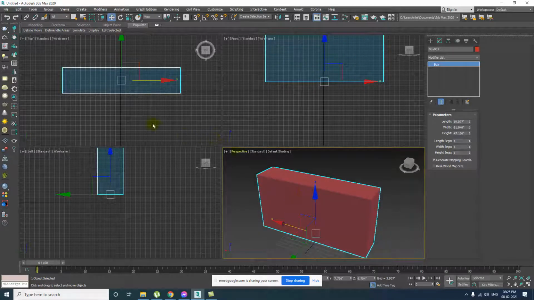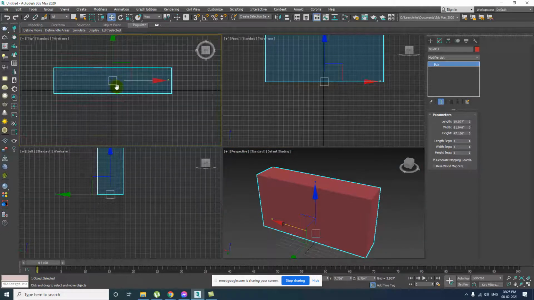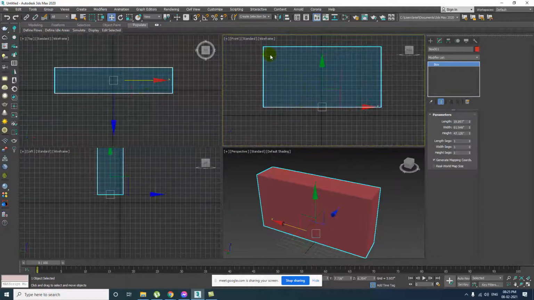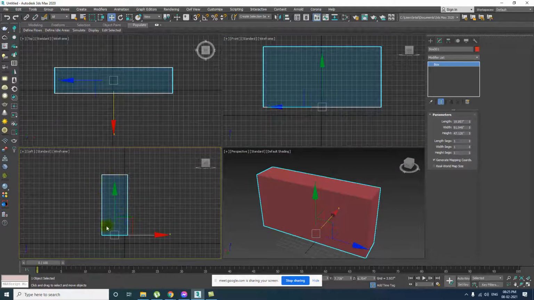Clear? But on other viewports you see just the lines. On top also you see just the lines. On front also you see just the outline of the box, and on the left also you see just the outline of the box. Let me explain why it is so.